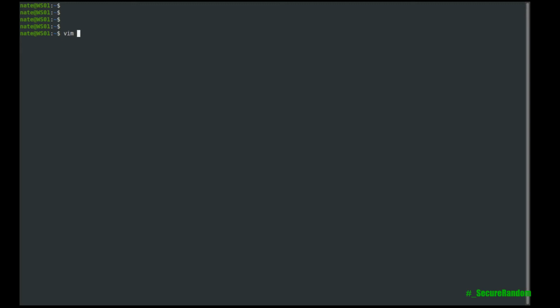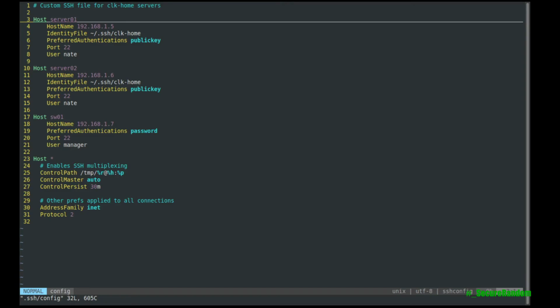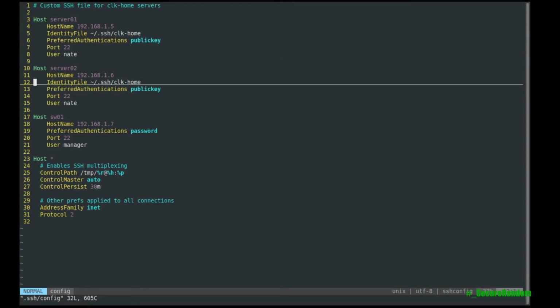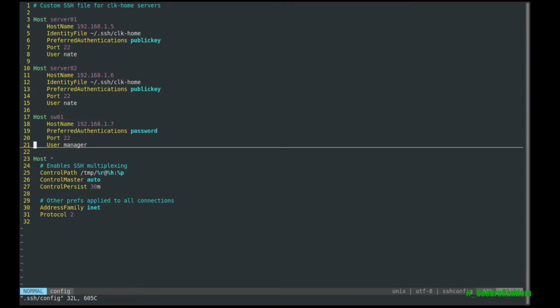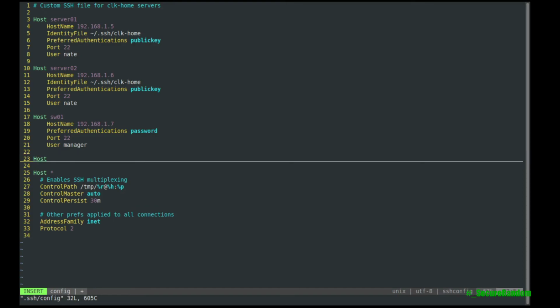So what we're going to do is on our local machine, we're going to vim into our .ssh/config file. And here you can see host server1, host server2, switch1. Well, let's go ahead and add our new server to that. So here we're going to type in host, and let's call that host. Now we already used test, so host